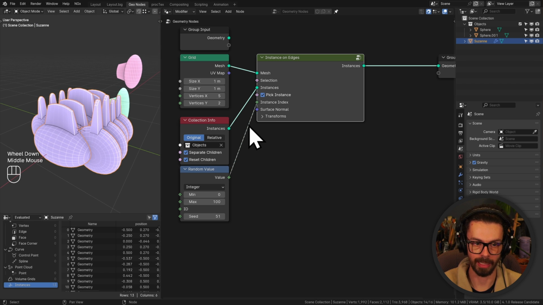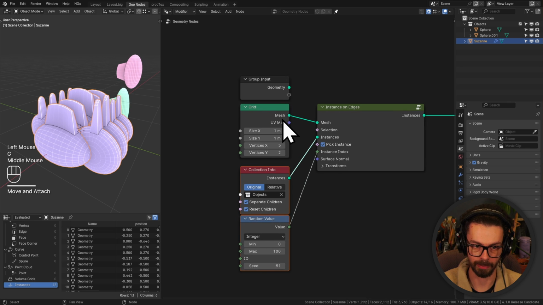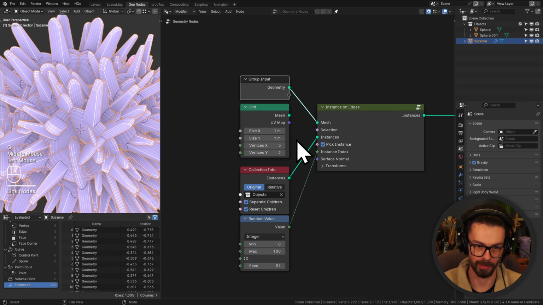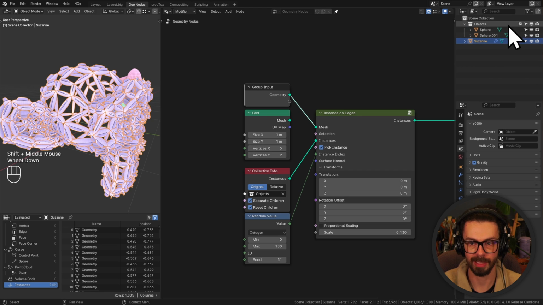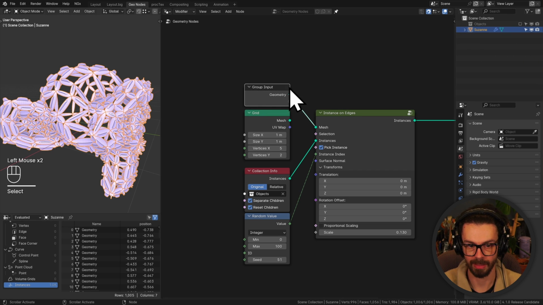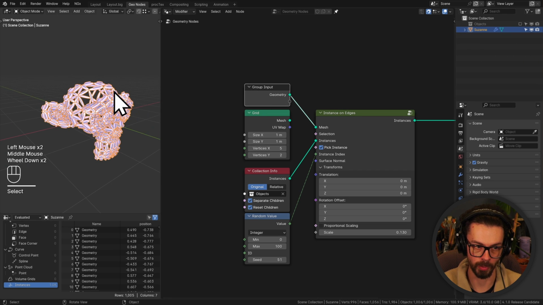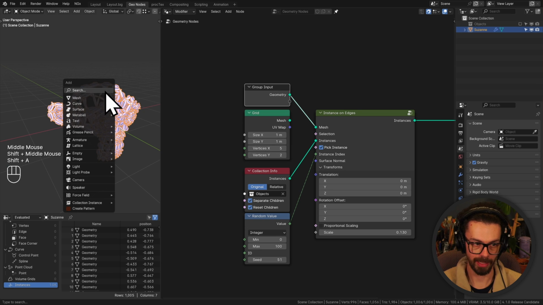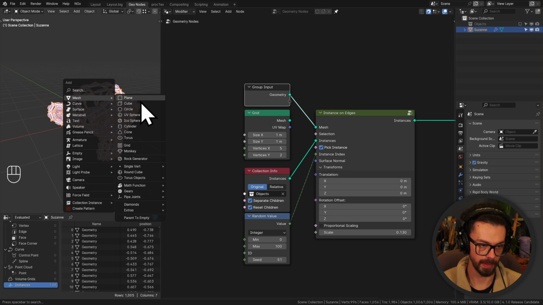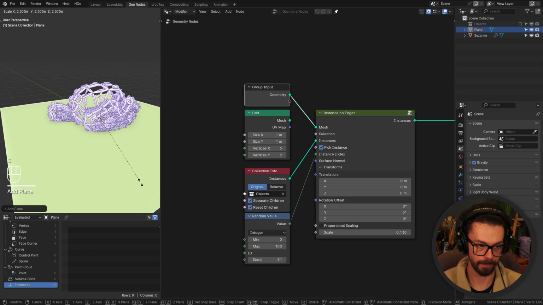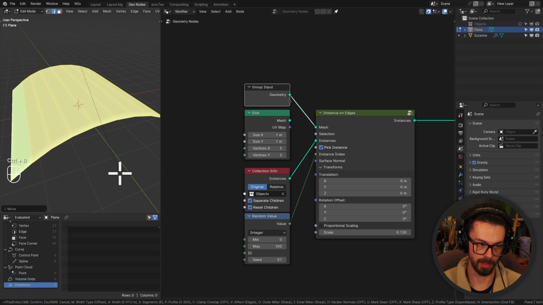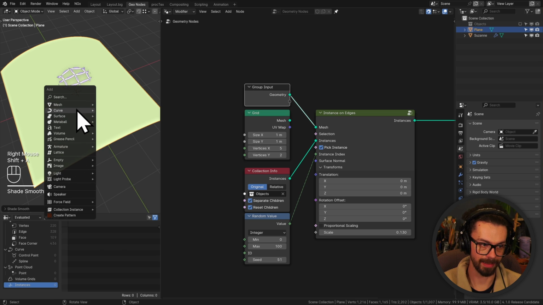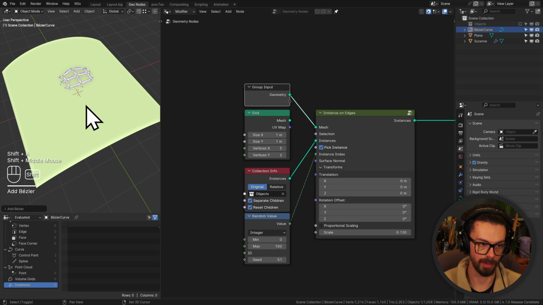There's quite a lot in there. I know I just went through that quite quickly, so hopefully it was all right to follow. This one's super fun to play with as well, because let me show you how to set this up with a curve so that you can draw with it. If I add something simple, let's add a plane. Bits of definition just so that we have something on here. There we go. And then I'm also going to add a curve, just a Bezier curve, and I'm going to